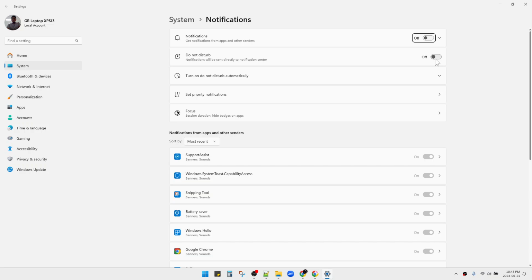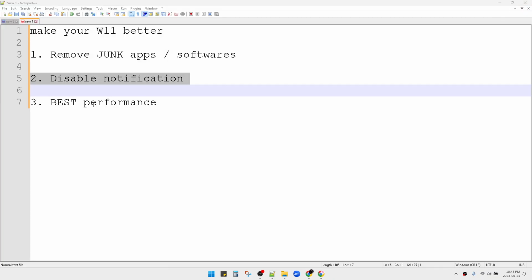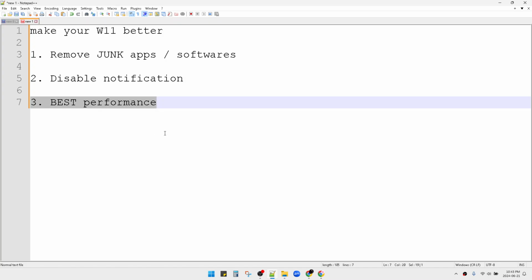That's it. Or if you want more silence from your Windows 11, you just turn on this do not disturb. And then jumping to the last suggestion,